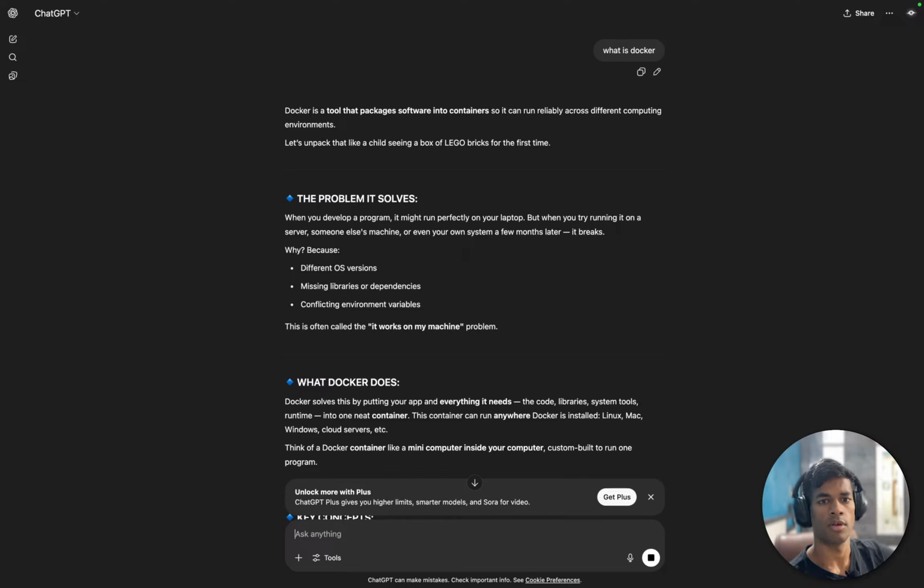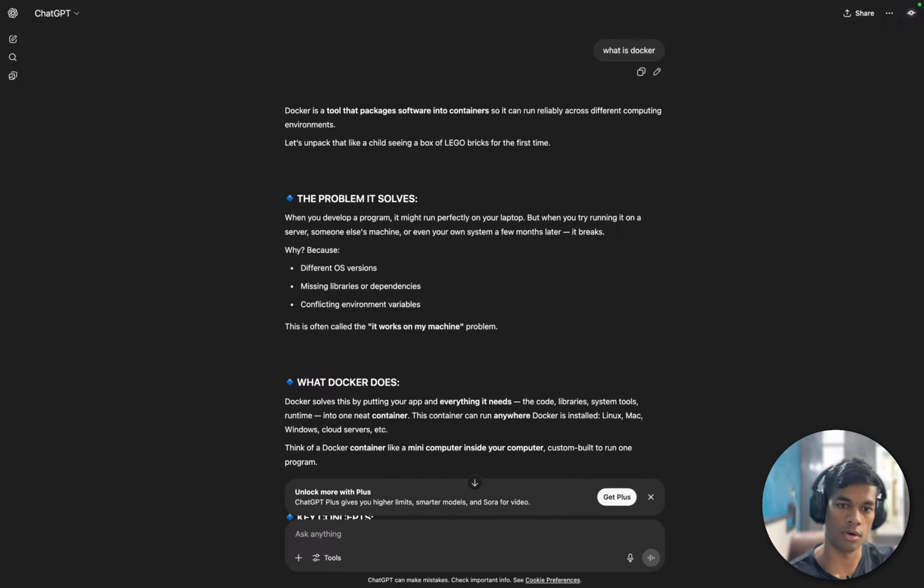The problem it solves: when you develop a program, it might run perfectly on your laptop, but when you try to run it on a server, someone else's machine, or even your own system a few months later, it breaks. Why? Because of different OS versions, missing libraries or dependencies, conflicting environment variables. It is often called the "it works on my machine" problem.